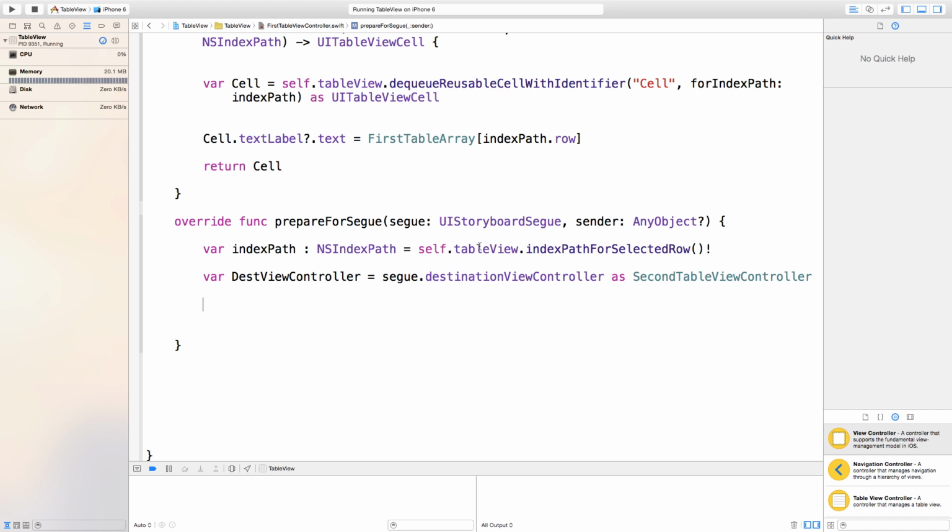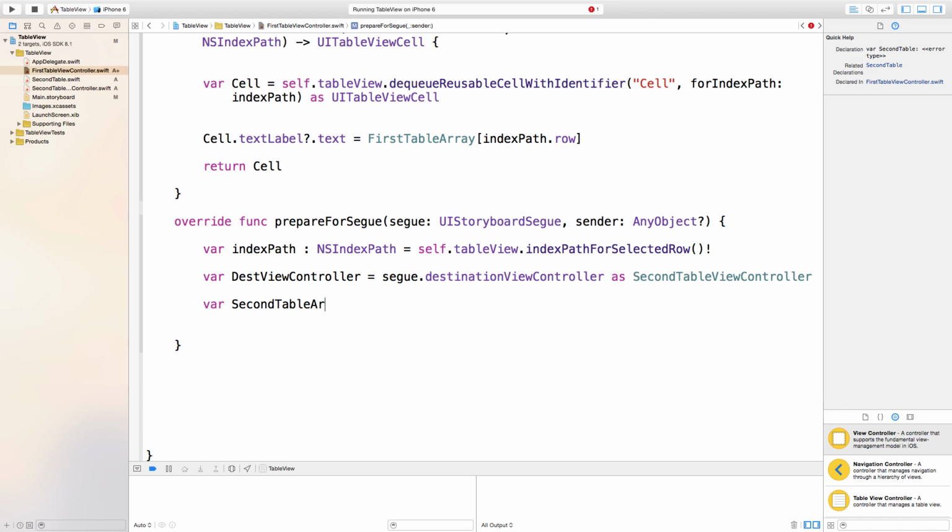So now anytime we click on one of our cells inside of our table view, it's going to automatically count which of those it is, and now we're going to actually use that to pass along data. So first thing we need to do is say var secondTableArray2. Basically, this is the array that you're going to pass something over from. So we first need to basically append, basically grab this,